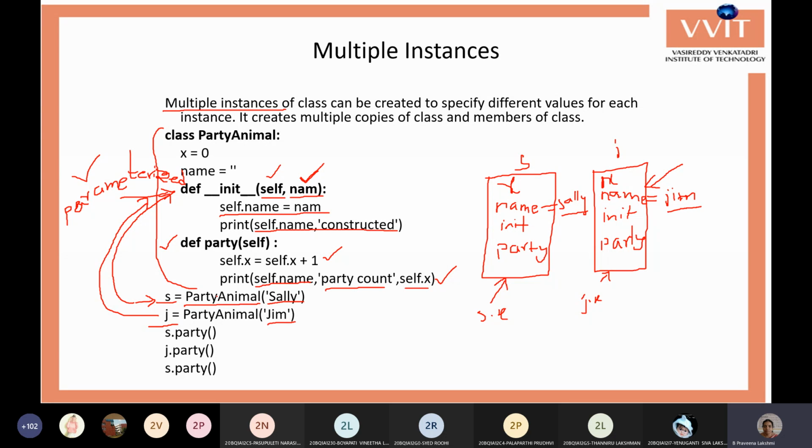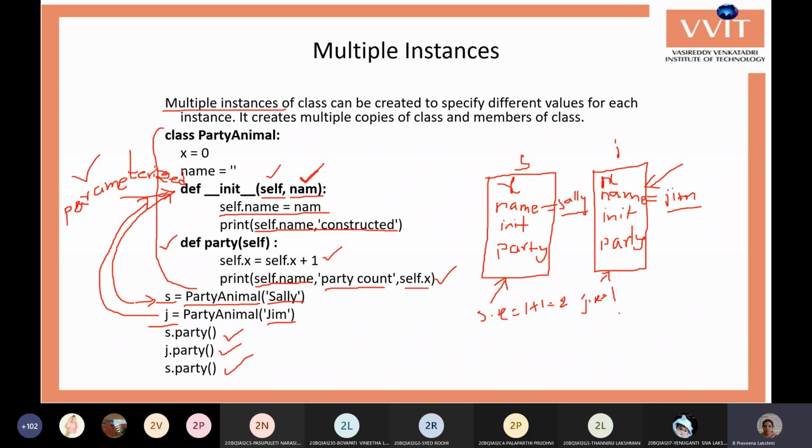Now whenever you call S.party, it increases the S.x variable to 1. Whenever you call J.party, it increases the J.x variable to 1. Again we call S.party, and it increases the S copy's x value to 2.